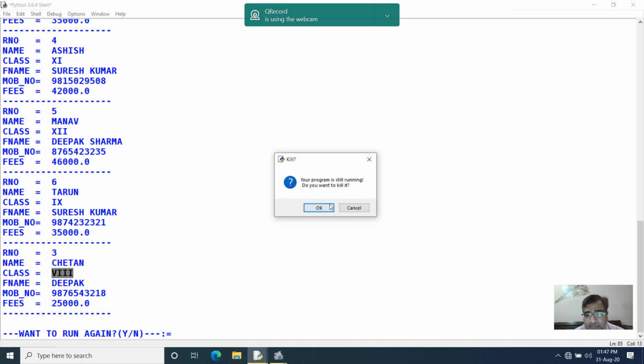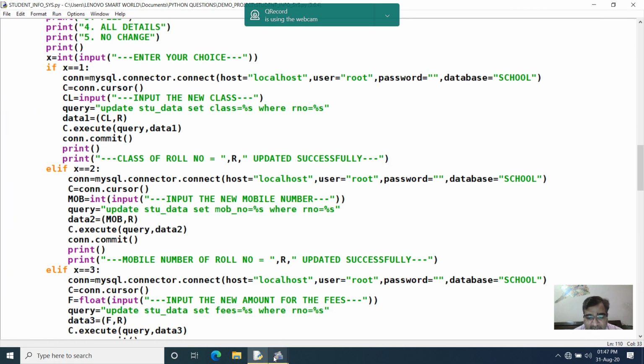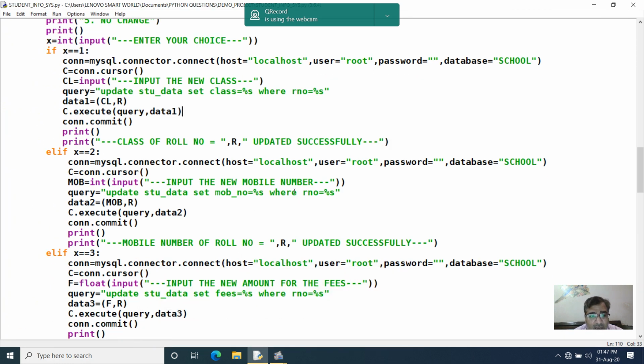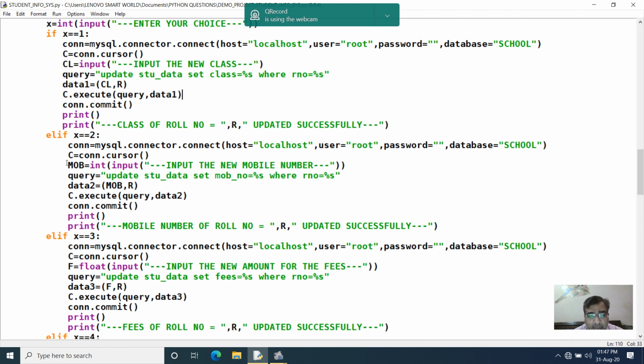Now in the second case, you can change the mobile number. The only difference is, earlier you took the field class after the set keyword; here you will take the field mobile number after the set keyword. Input the new mobile number, whatever mobile number you want to change to.